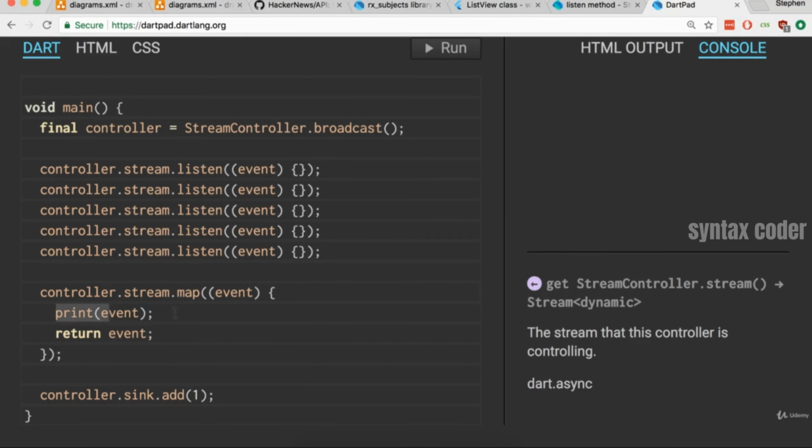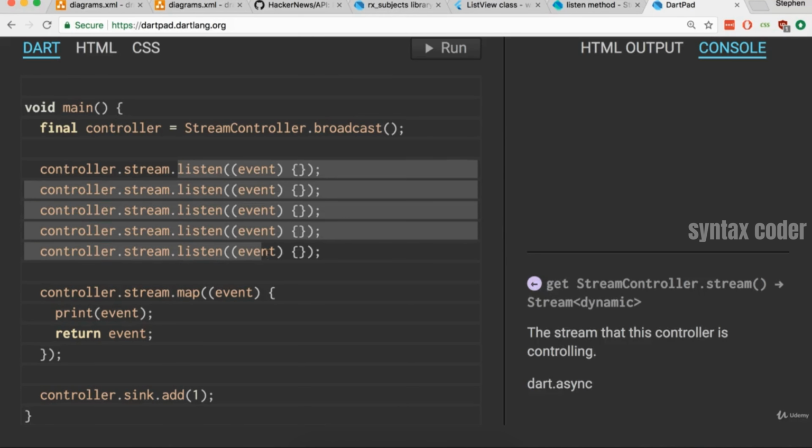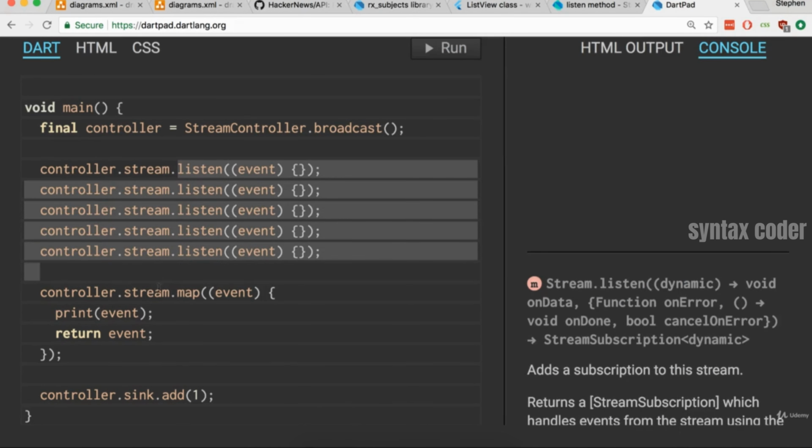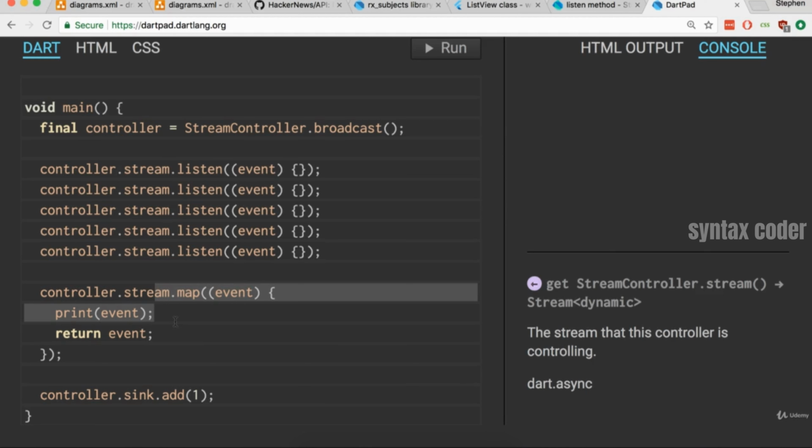And so we're going to see this print statement right here print out 5 times, even though notice how the listen statements, they're not doing any printing. It's the map right here that's doing the only printing. And for some crazy reason, we're going to see this data event being replicated 5 times over. All right, enough talking. Let's do this. I'm going to hit run. And then in the output,